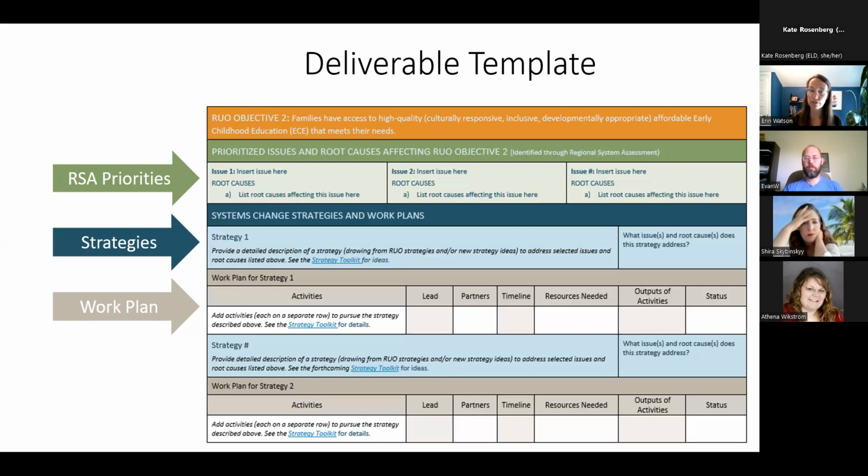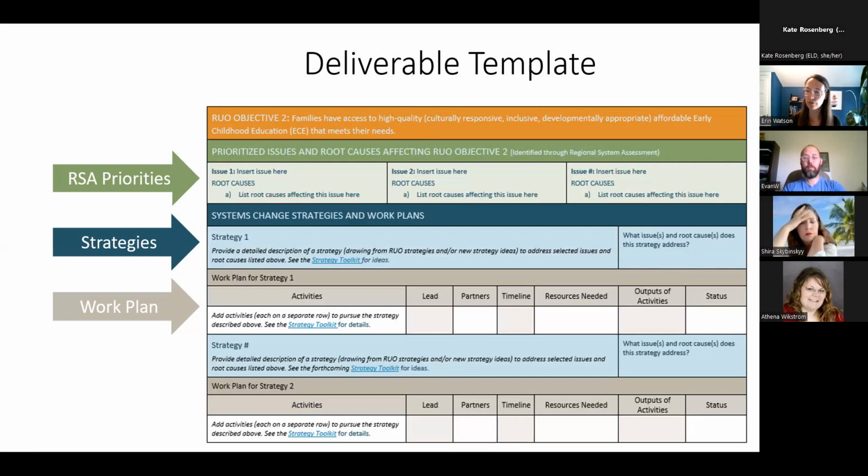I'm going to do one other content thing, and then we're going to have time for questions. Begonia, oh, yes. I think what you're asking there is, so one of the things I saw is this is just like a little hack. In this little root cause space next to your strategy, instead of actually having to write out all your root causes, which can be kind of a lot of text, just put the number, like 1A, 2B from the root causes above, and it's just a little bit easier.